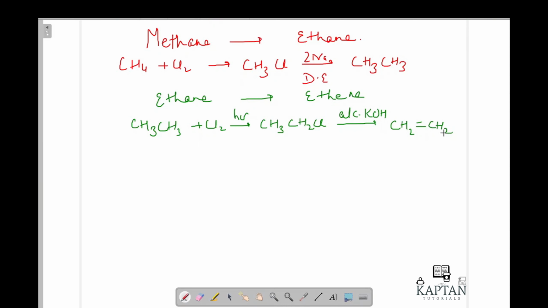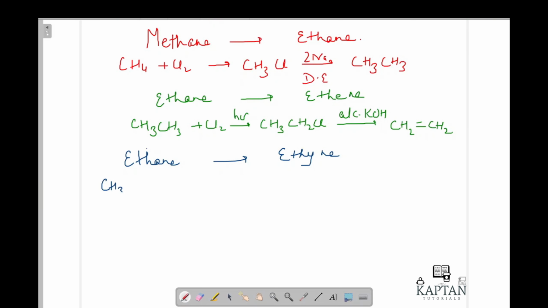So we got ethene over here. Suppose I want another conversion, if I give you another conversion, okay. What will the other conversion be? Suppose I write down here ethane to ethyne. So the steps will be increasing, but the conversion will be in the same format.